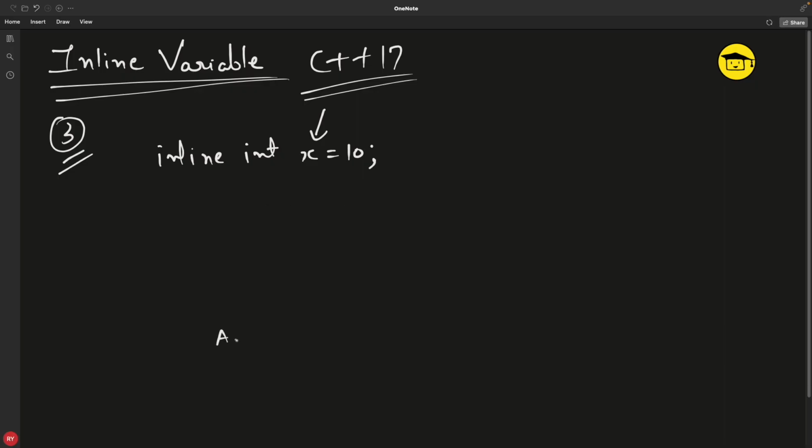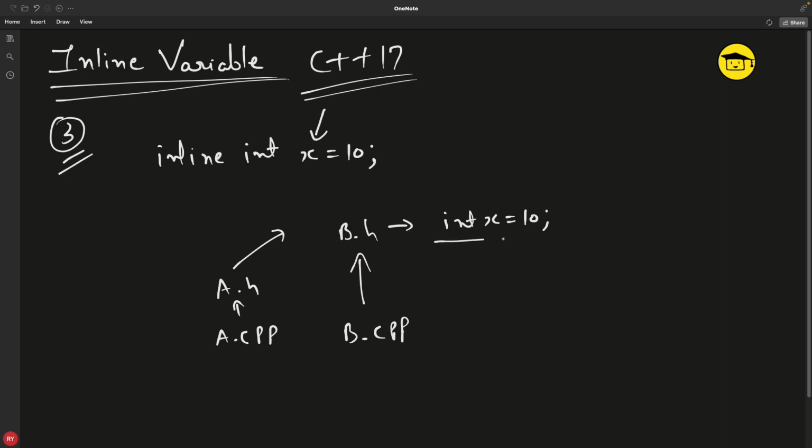So if you have a.cpp and let's say b.cpp, a.cpp includes a.h. Okay, this includes a.h, and this further includes b.h, and b.cpp includes b.h. So we see that b.h is inside b.cpp also and a.cpp also. Now if this b.h has integer x is equal to 10 as a global variable just inside this .h, and if you try to compile this, it will give you an error saying